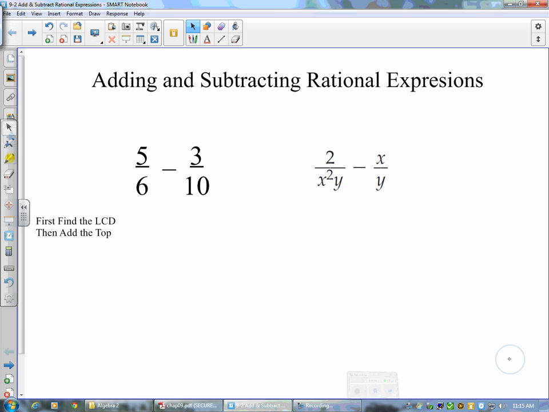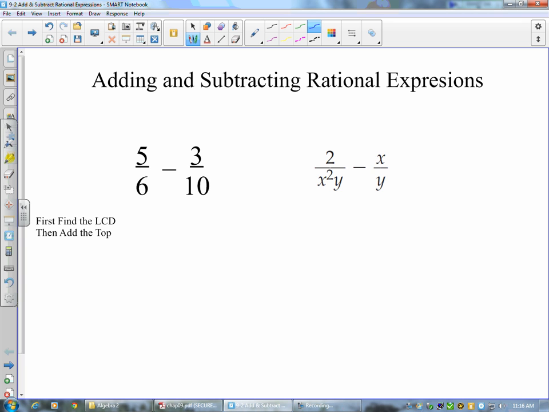Hello. Today we're going to talk about adding and subtracting rational expressions. First, I'm going to remind you about how we used to add and subtract fractions. First thing we would do is find a least common denominator, and then we would add the tops together. So if I have this problem right here, 5/6 minus 3/10,